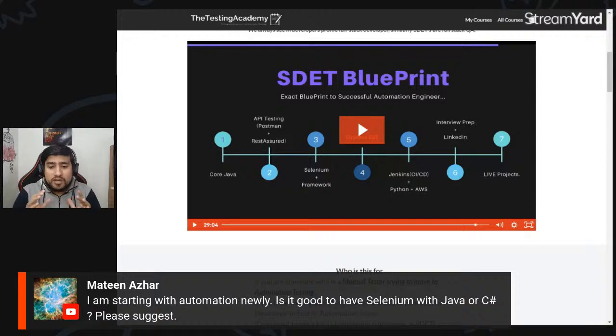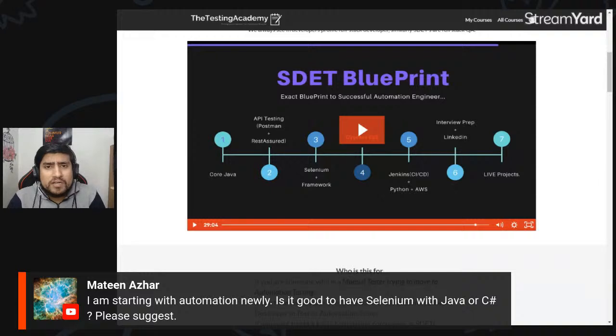Trust me, when I was going to join a company where people are working with Selenium with C Sharp, I took a decision that I don't want to do it, because most of the time people are going towards Selenium with Java, and the market is there for Selenium plus Java. So I avoided C Sharp at that time, because when you choose Selenium with C Sharp, the next company that you are going to join has to be working with Selenium with C Sharp.